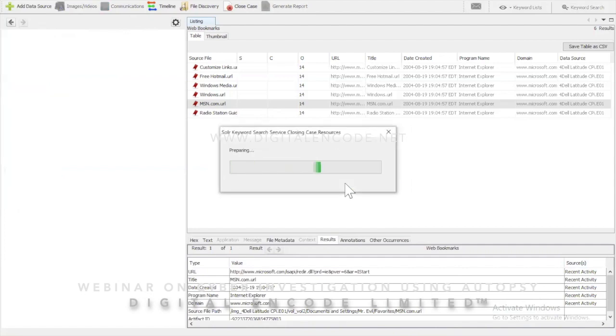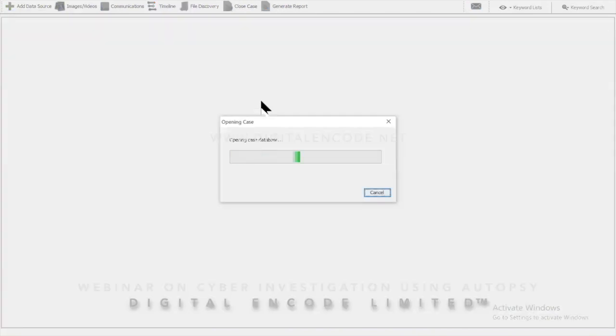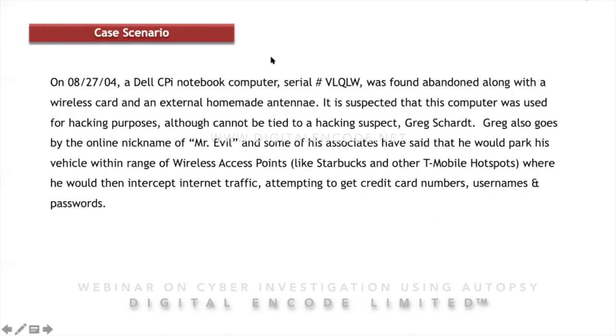Before we start our investigation proper, I would like us to go back to our case scenario so that we can read it again and fully understand why we are carrying out this investigation. So hold on, sorry, let me go back to our case scenario. Now, our case scenario reads again. On the 27th of August 2004, a Dell CPI notebook computer with a serial number VLQLW was found abandoned alongside a wireless card and external homemade antenna. It is suspected that this computer was used for hacking purposes, and although it cannot be tied to a hacking suspect,